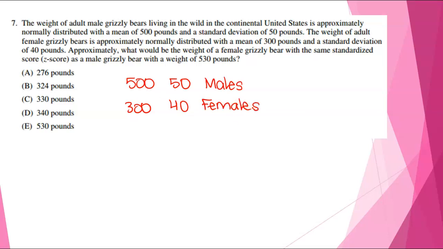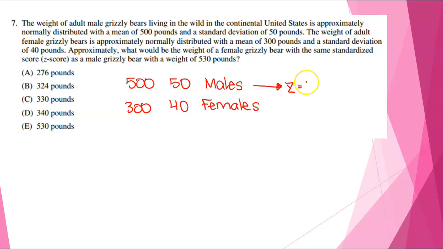All right, approximately what would be the weight of a female grizzly bear with the same standardized score as a male grizzly bear with a weight of 530 pounds? So I need to figure out what the z-score is going to be for a male grizzly bear who weighs 530 pounds. So I'm going to say z